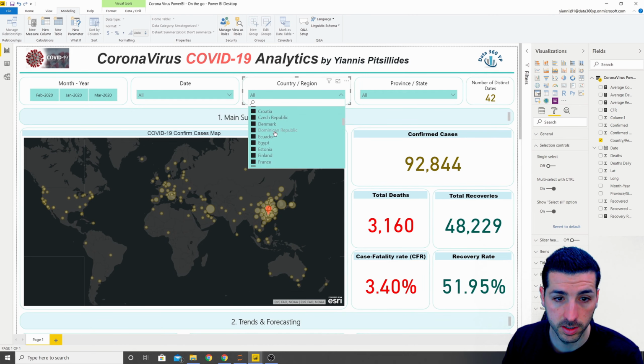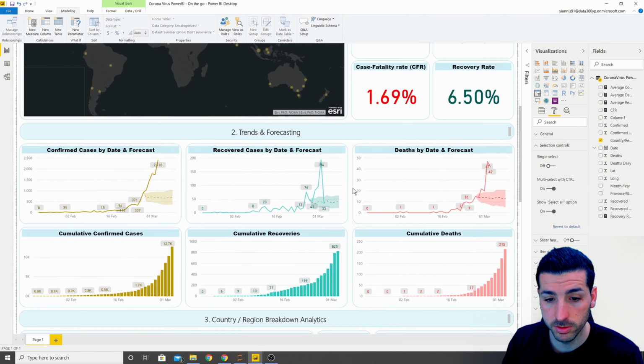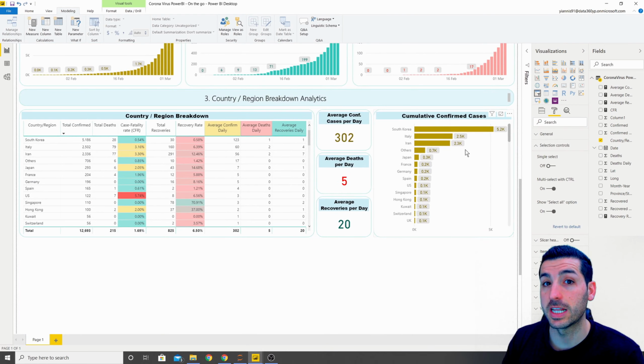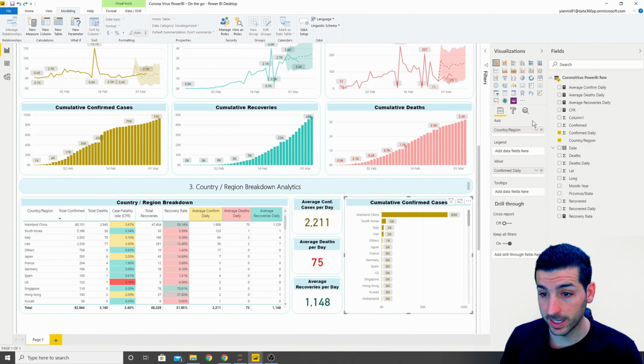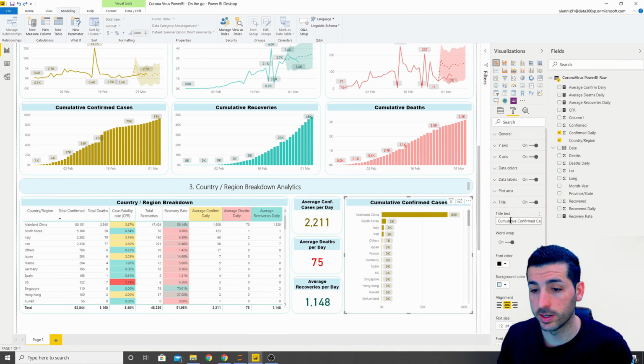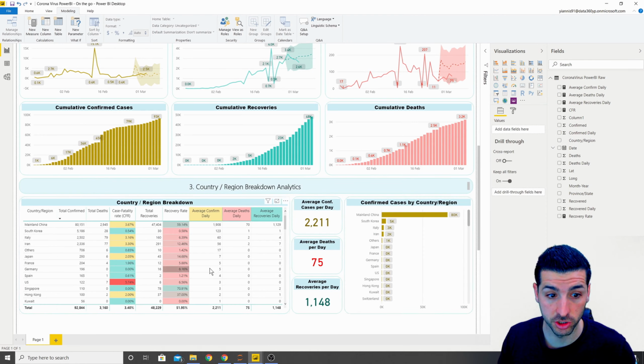So if we find, where is China? Mainland China, there we go. If we remove this one, then we scroll down, now we can see that after China is South Korea, Italy, Iran. I mean, you can probably see it before, but now it's much easier because they rescale depending on the mean and the max. Next, I want to change the title. So the title of this one is going to be confirmed cases by country and region,